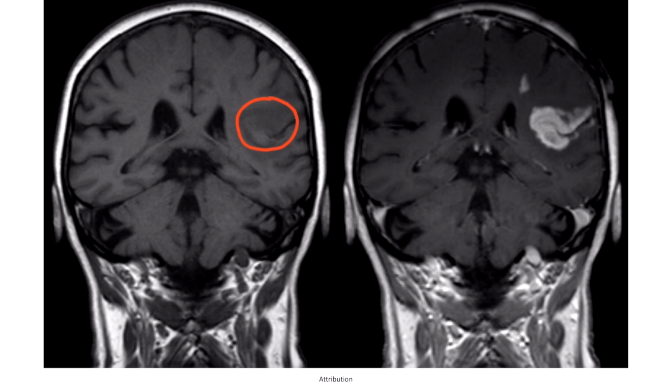On the left of this image is a T1 weighted image where an area of hypointensity can be seen. On the right, there is a T2 weighted image of the same patient where an area of hyperintensity can be seen. The areas of hypointensity on T1 and hyperintensity on T2 represent an area of acute ischemia seen in stroke.